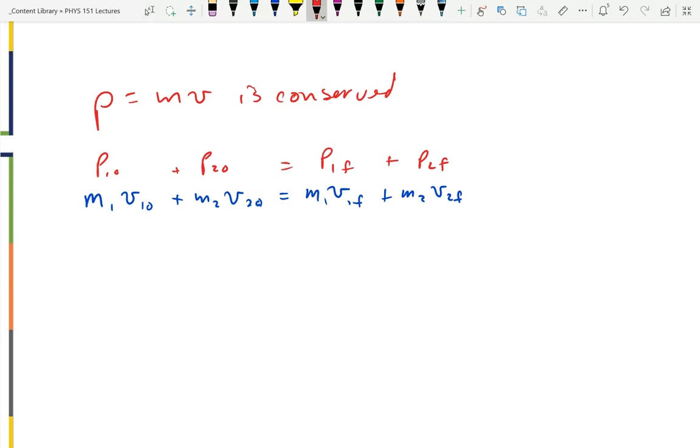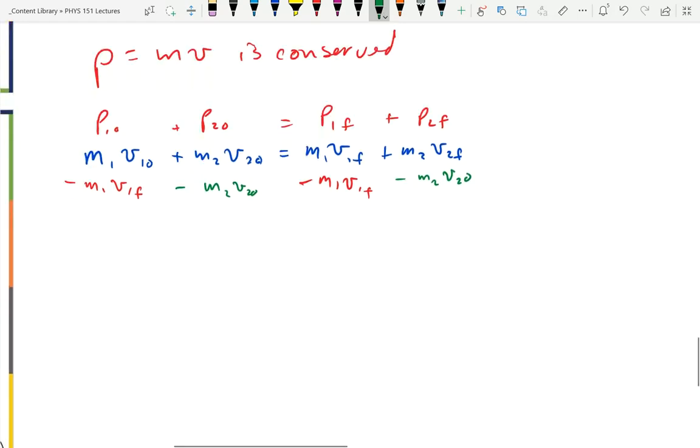So I'm going to subtract m1 v1 final from both sides, and I am going to subtract m2 v2 initial from both sides. And so now I can factor out the m's. So I'm going to have on the left side m1 times v1 initial minus v1 final